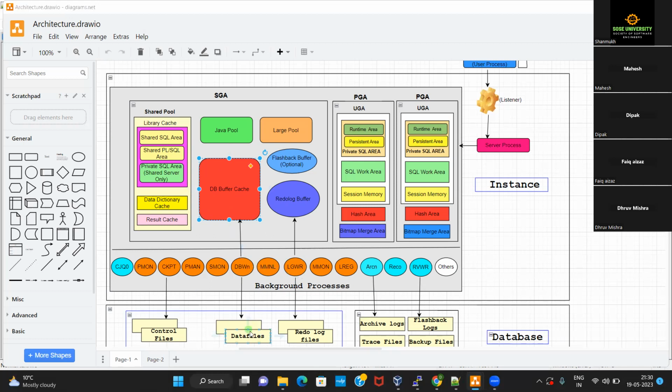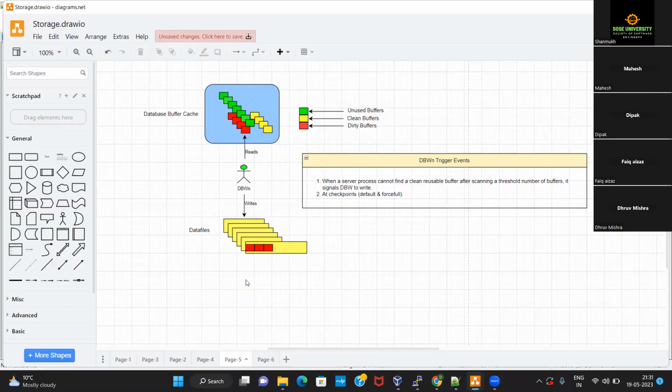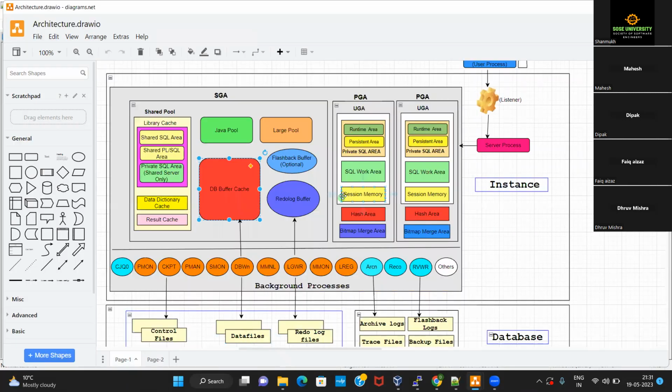What are the events at which the database writer process gets activated? First, whenever a server process cannot find any free buffers, it will have to either apply an LRU algorithm or write these dirty buffers onto the data files. Plain and simple. The next event is a checkpoint event. We'll discuss the checkpoint event in much more detail.